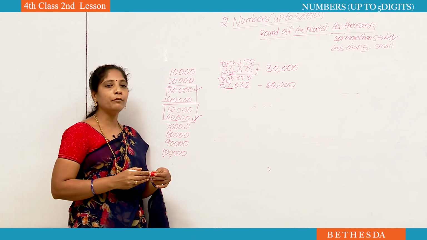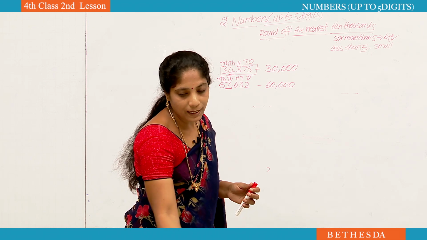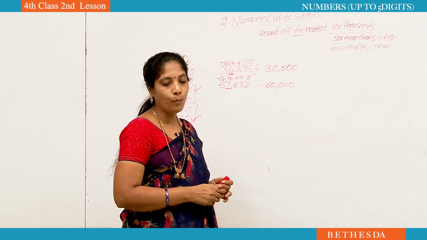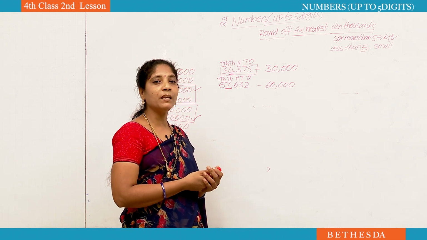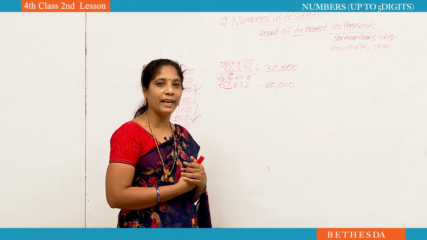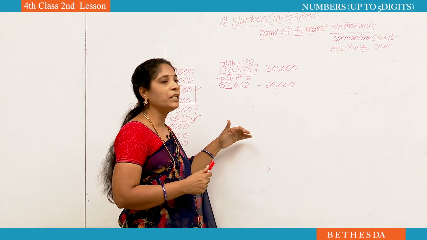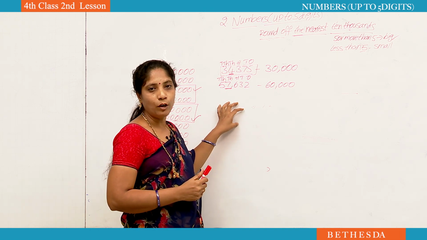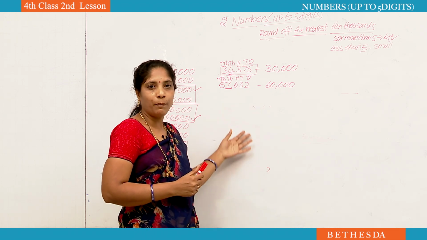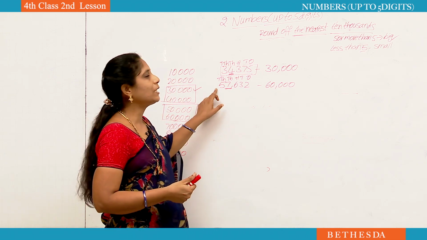Like that we have to find out the nearest values. See here, if you learn these nearest values, you can complete your activity in Studio 2.7. Sometimes he will ask you to find the estimated value, but he won't give any place value. Then how will you find it? If he did not give any place value, you have to find the estimated value for the highest place.